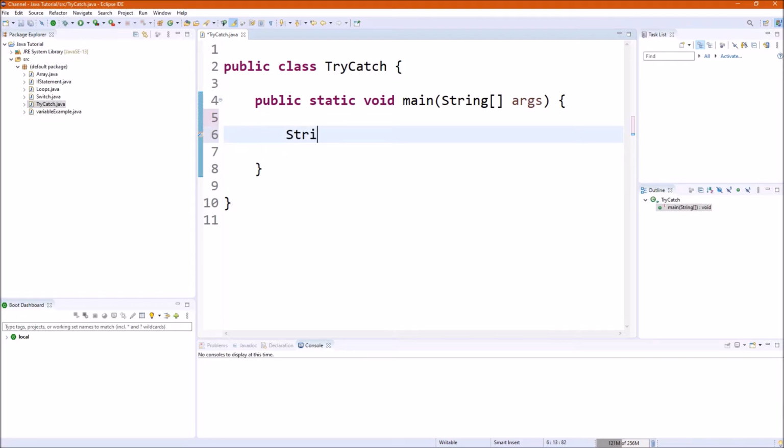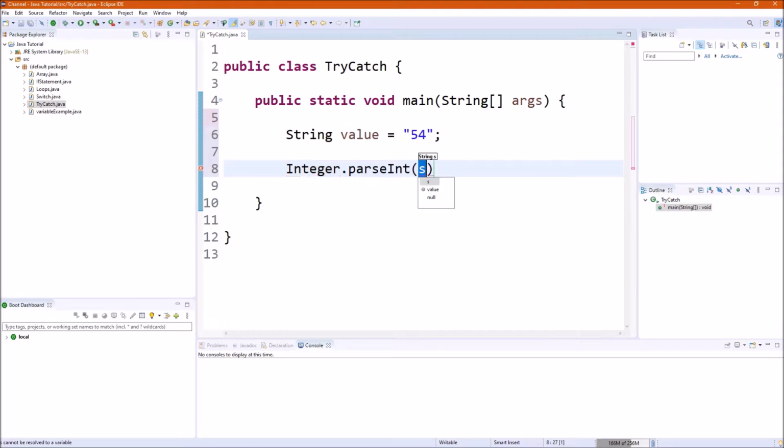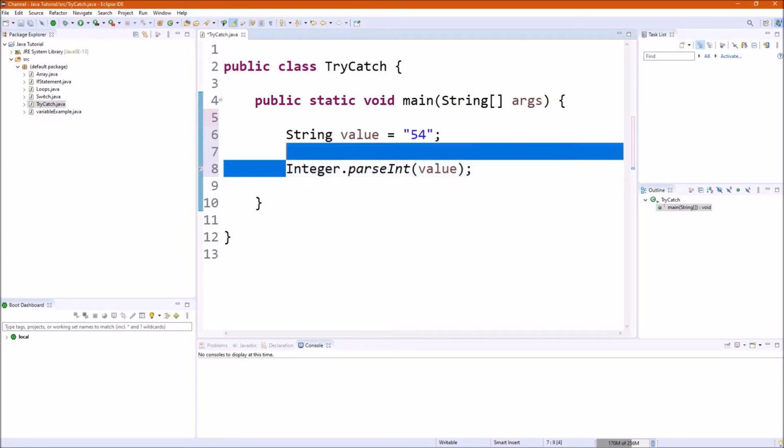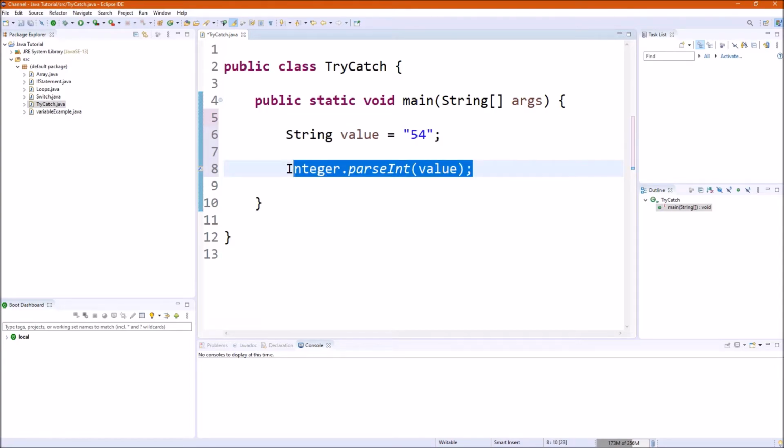So we're going to have a string, and I'm just going to name that value is equal to 54. And in order to cast it into an integer, what we have to do is say Integer, and this is calling the object Integer dot parseInt, and then you input your string here, value, and that should give you an integer value. Now, if we run this, we're going to get no output because we're actually outputting nothing. So, if we try just creating an integer actually,